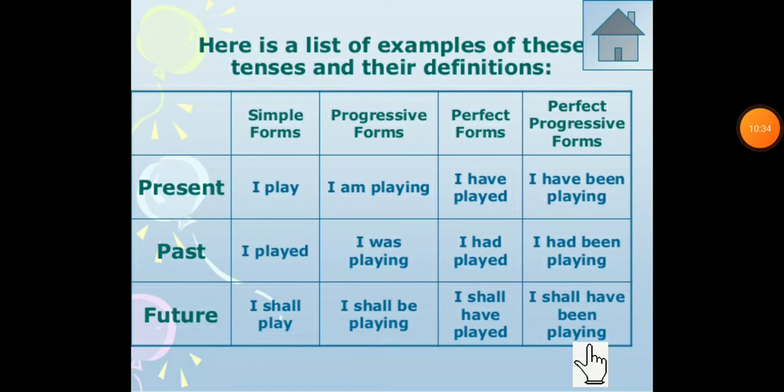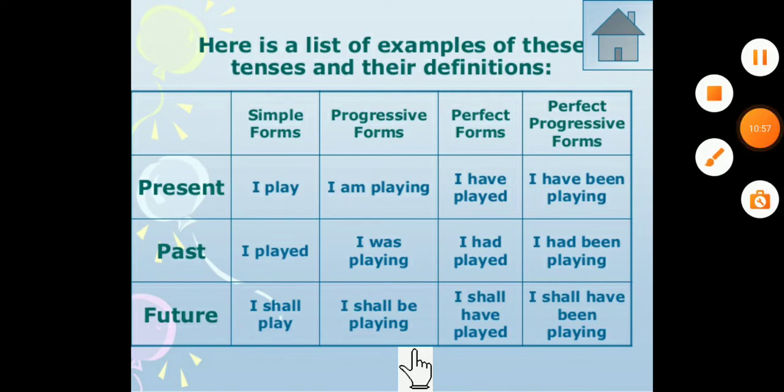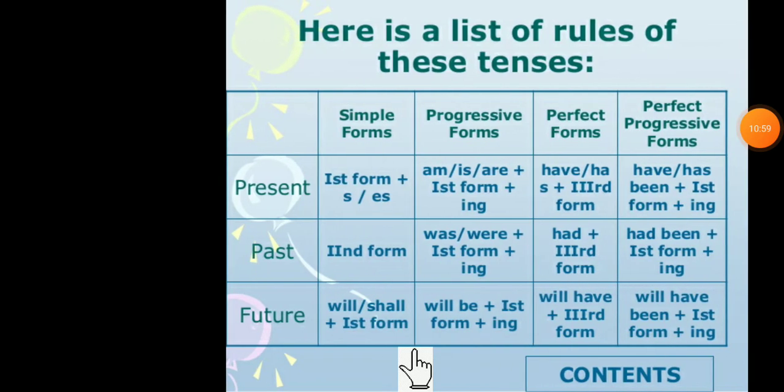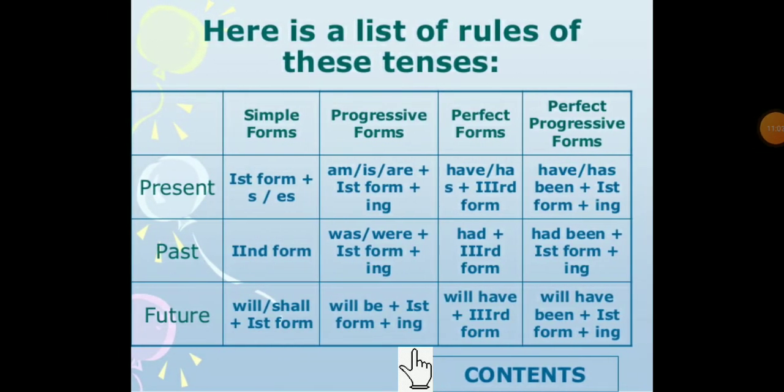So hope you all understood what you have to do. You have to draw this table and write down all these things, because these are the list of examples, showing in which tense which form of the verb should be there. And I told you that first I showed one table, that today we are going to discuss. Now this is the time for this table. Okay, examples we have seen.